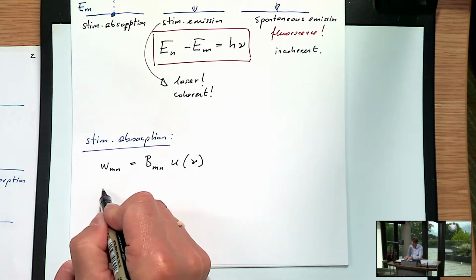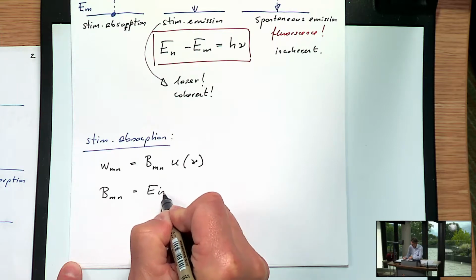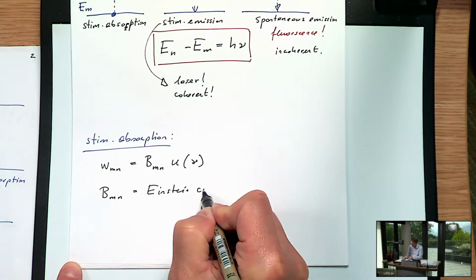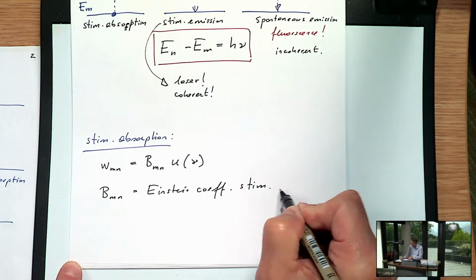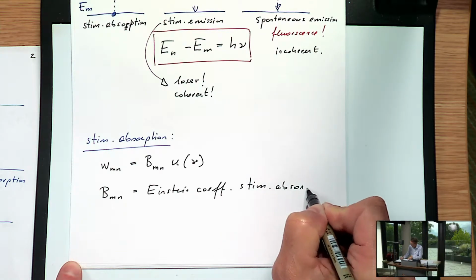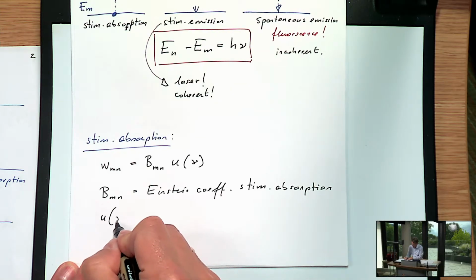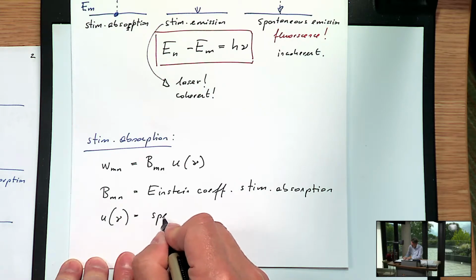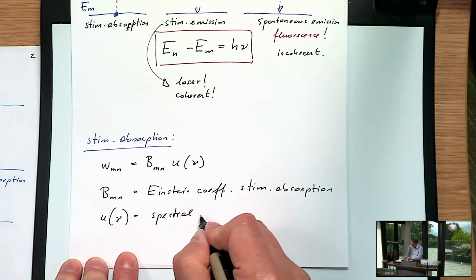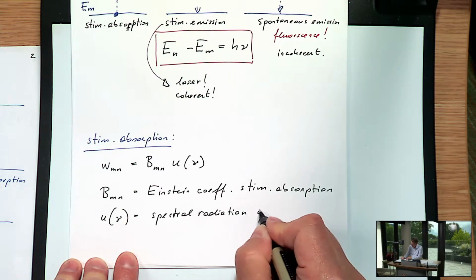And now Bmn is the Einstein coefficient for stimulated absorption, and u of nu is the spectral radiation density,